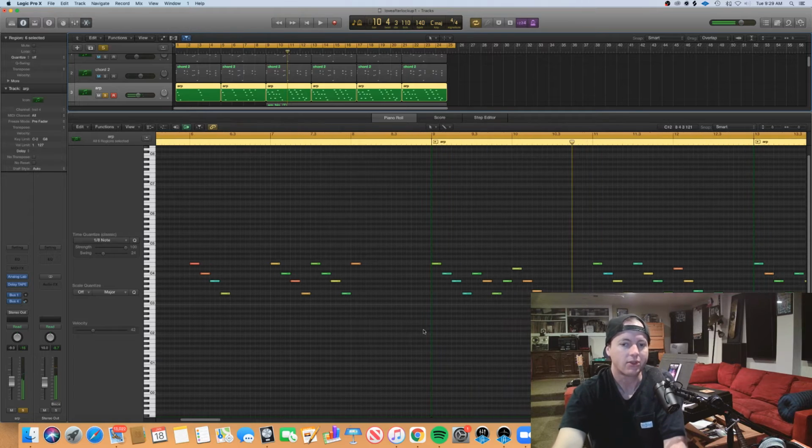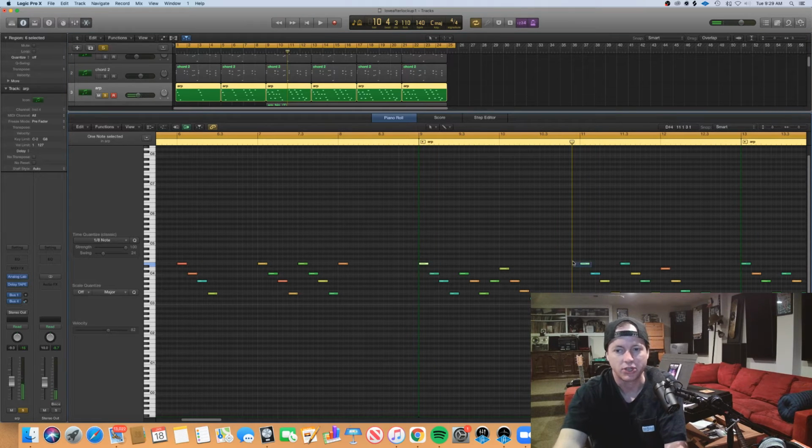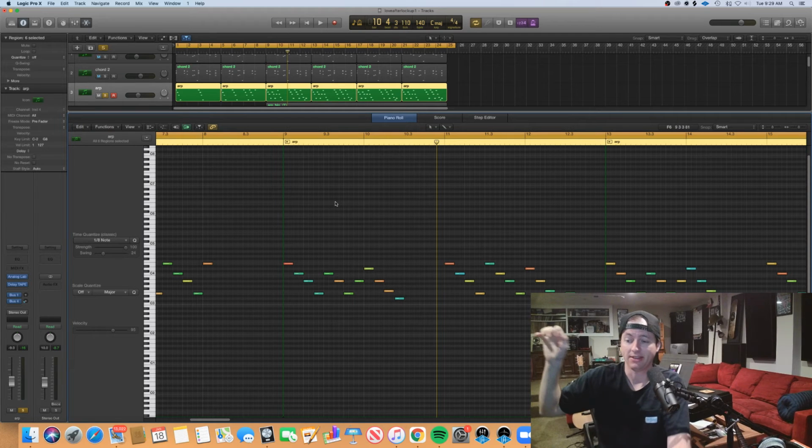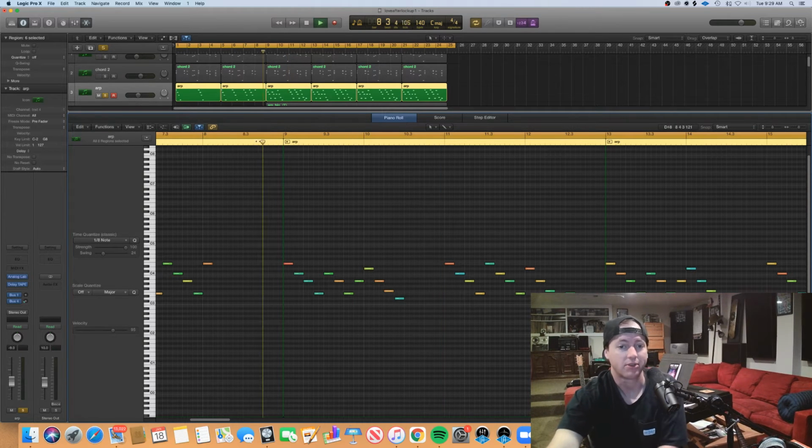Cool. And then you could go in and add some articulation that lots of players would do. So like the first of the phrase, first of each of those patterns, I could go in and make a darker velocity so it feels like the player's accenting the downbeat. That would be pretty common.